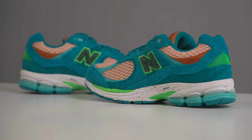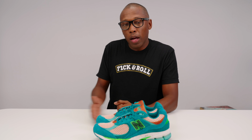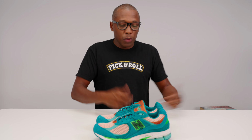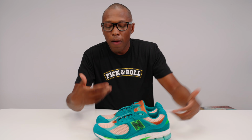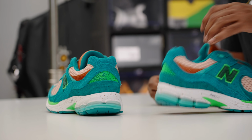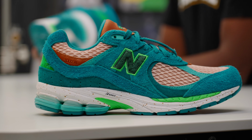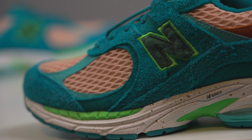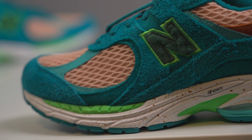And that is actually a direct reflection of the Havasupai people. Their name, Havasupai, actually means people of the green and blue water, which you see when you go to the falls. And then that's where these colors came from, those colors that popped in the Havasu Falls. So again, they have the nappy suede that covers all of the overlays of the shoe,